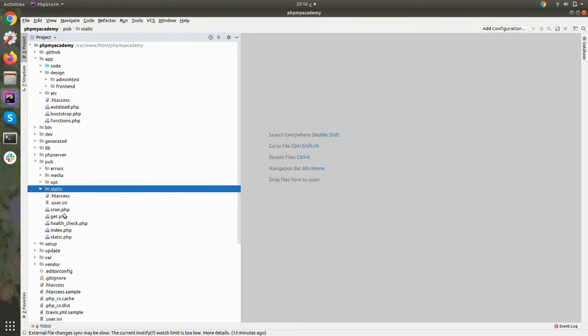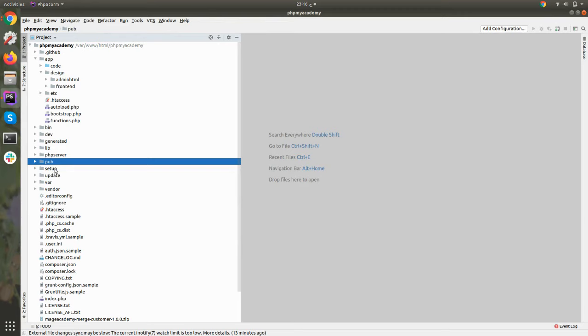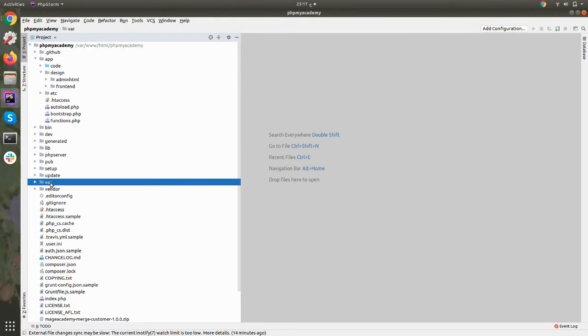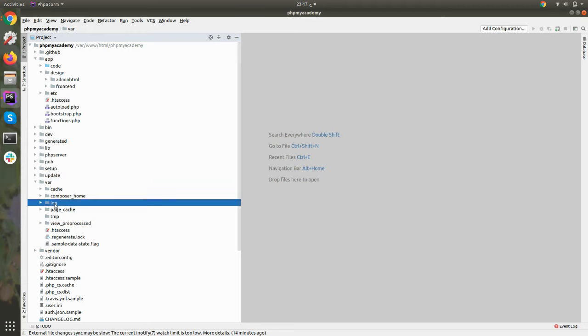Okay. Then setup. It contains the Magento installation scripts. Then var. Var contains the log folder and cache folder. If you are developing any modules and you are getting any exceptions or any logs you want to generate, you can see your logs here.